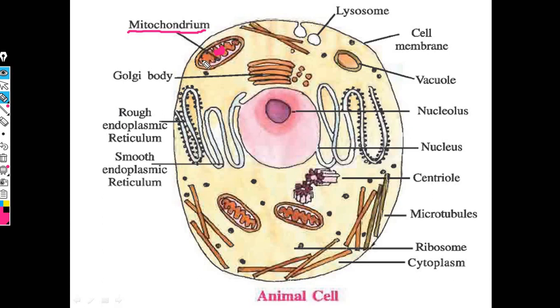It is the only structure in the cytoplasm which has DNA. Remember, in an animal cell, DNA is present in two places. One is definitely the nucleus, and the second is mitochondria, in a very small quantity. Because of the presence of DNA, it needs to be protected, and that's why you have a double-layer structure. This is the reason why mitochondria is also a double-layer structure. Mitochondria is the site of synthesis of ATP. You can also call it the powerhouse of the cell.